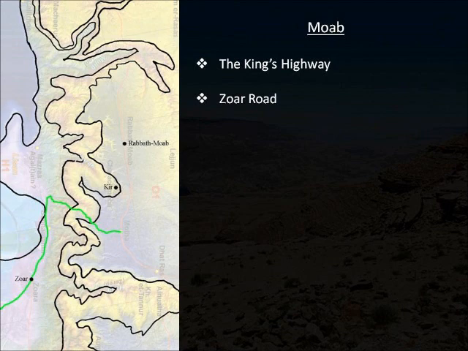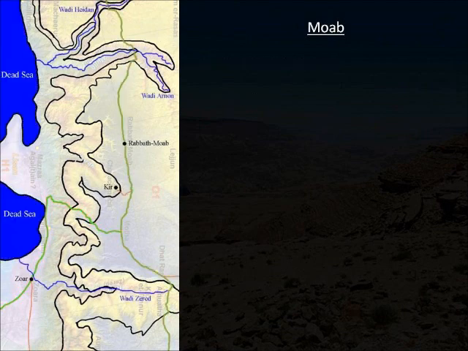Zor has the dubious distinction of being the city at the lowest point on the face of the earth, at about 418 meters below sea level. This road will continue on, and if you go around the Dead Sea, will eventually connect up with the Beersheba corridor. From here, you can reach Beersheba, Arad, and all those places we looked at in the Negev, but you have to go around the Dead Sea to do it, and that's the Zor Road. So go ahead and pause your video here again and connect the Zor Road with the King's Highway.